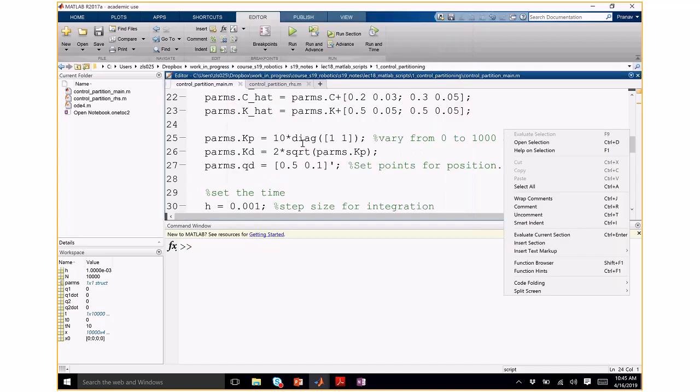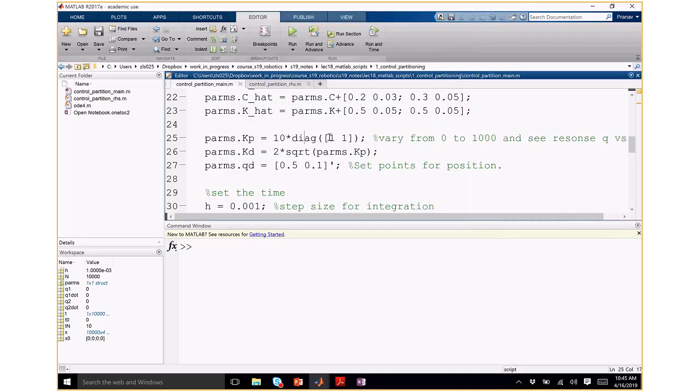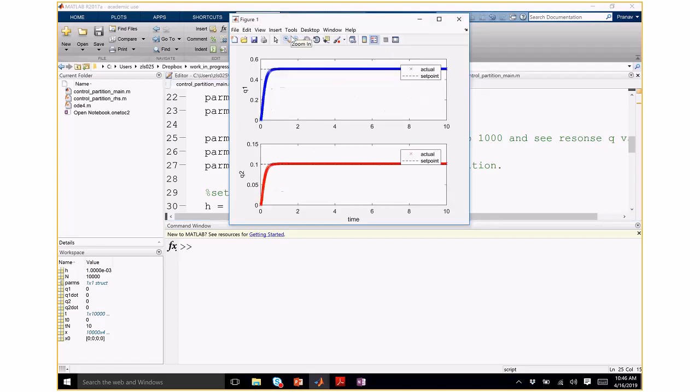Let's ramp this up to 100, and maybe it will be perfect tracking. Okay, now you get good tracking. So this is a case where you have a bad model for the system, and you compensate for the model by using a high gain feedback controller. I had to put 100 for the KP to make the system track the